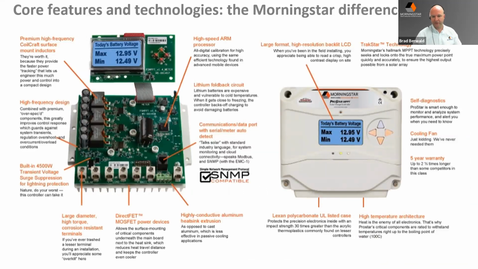Some of the core features of our products that really drive the technology behind the Morningstar difference is, of course, our power electronics design. So it's making the small, nuanced design choices in the products, at the circuit board level, that really make them stand out in terms of processing capability, data, how we manage power electronics. For example, our multi-phase design, we never do just a single circuit. It's usually multiples, 2 or 3, sometimes working together. So we've got better efficiency, better reliability, and a lot of the design decisions we make at the circuit board level just to make the products extremely reliable.